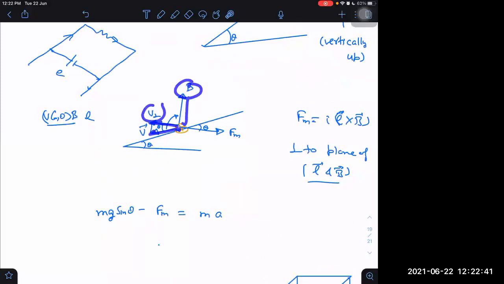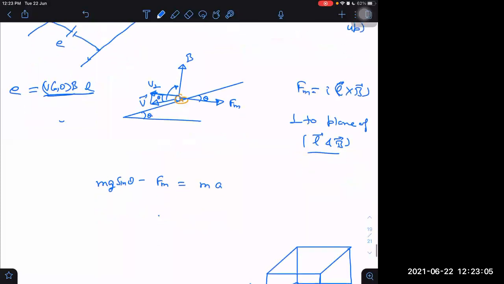That part is done. But when one part is already done, what about length? Length should be perpendicular to the plane containing V and B. It is already in the plane, which is already perpendicular. So therefore, I end it here only. I write V cos theta into B into L, L total. No need of taking its component because that is already fully perpendicular to the V and B plane. This is EMF. So Nilkantha has already said long back, E divided by R will be equal to current. So it is coming out to be V B L into cos theta divided by R.